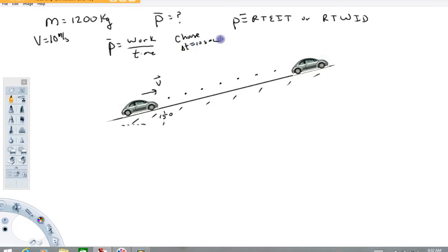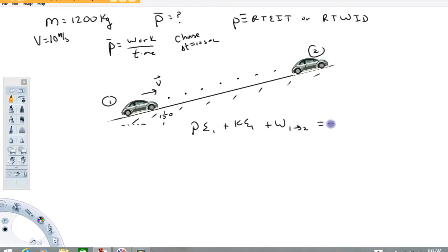Now, to get the work term, there's a couple ways we could do that. We could draw a free body diagram of the car, and we can get the work term that way by finding the frictional force acting on the car. Basically, that's pushing it up the incline. I'm going to go ahead and get the work term like this. I'm going to write out the work energy theorem. I'm going to call this position 1, this position 2, and write out the theorem of work and energy,